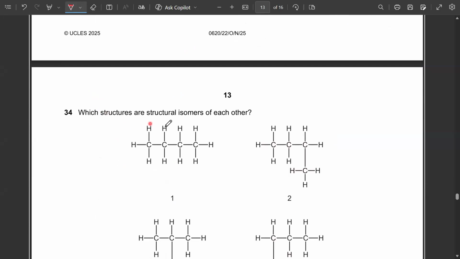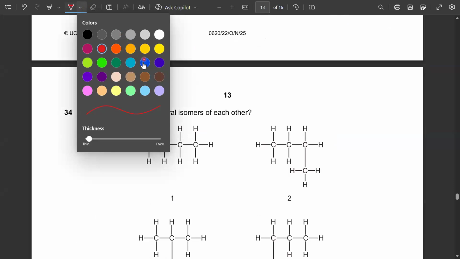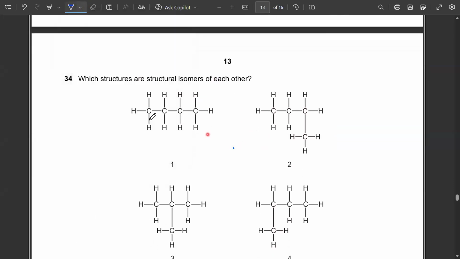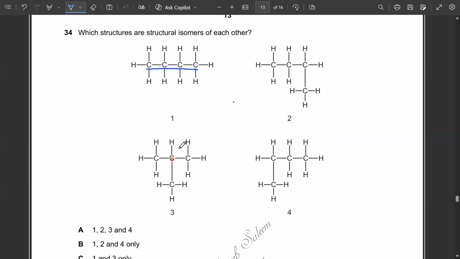34, which structures are structural isomers of each other? So in this case, we need to see the linking of the carbon atoms. You can see in option 1, there is a straight chain. In option 3, there is a branch: 3 carbon atoms in a straight chain, and then there is a branch on the central carbon. Now about the